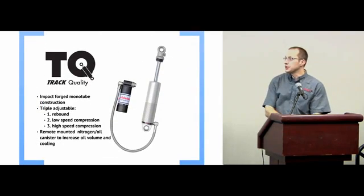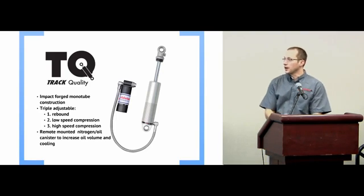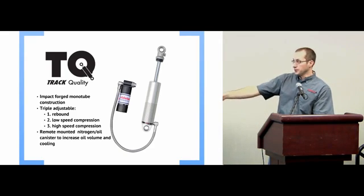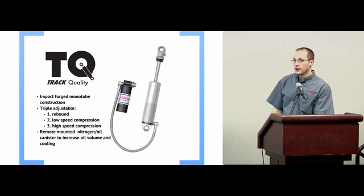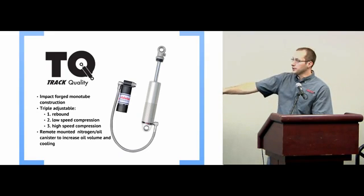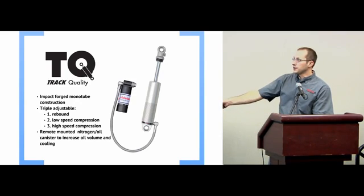And then we come down to the TQ series. TQ series, much like the RQ and HQ, is also an impact forged monotube shock absorber. And when they talk about a forged shock, what you do is you start with a slug of aluminum and they beat it out until you have basically your basic shape of the shock body. A forged body is going to be stronger than a straight up machined body. It's just a better way to build the shock. With a lot of the shocks, you actually have a seam down here, and sometimes you see some leaking issues and stuff there too. But the TQ series not only has your rebound dampening up here, just like the HQ